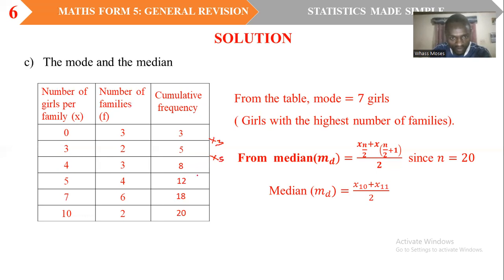Score at position 5. Now, this boundary here indicates the score at position 8. This boundary here indicates the score at position 12. This boundary here indicates the score at position 18. And this boundary here indicates the score at position 20. Okay, now,